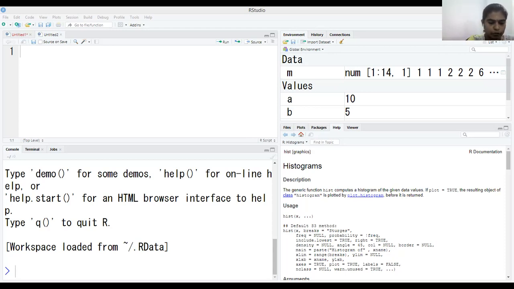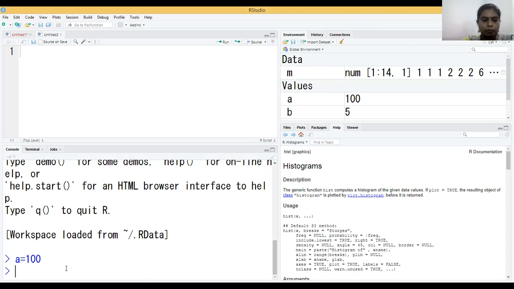So we have seen that also. Suppose I give A is equal to 100. When I enter this command, it gets executed in the console. The value 100 is assigned to the variable A. So now what is the data type of A? It is nothing but an integer, and an integer is nothing but a number. However many variables I create, the same variables are shown in the global environment. It shows how many variables there are and what their values are.